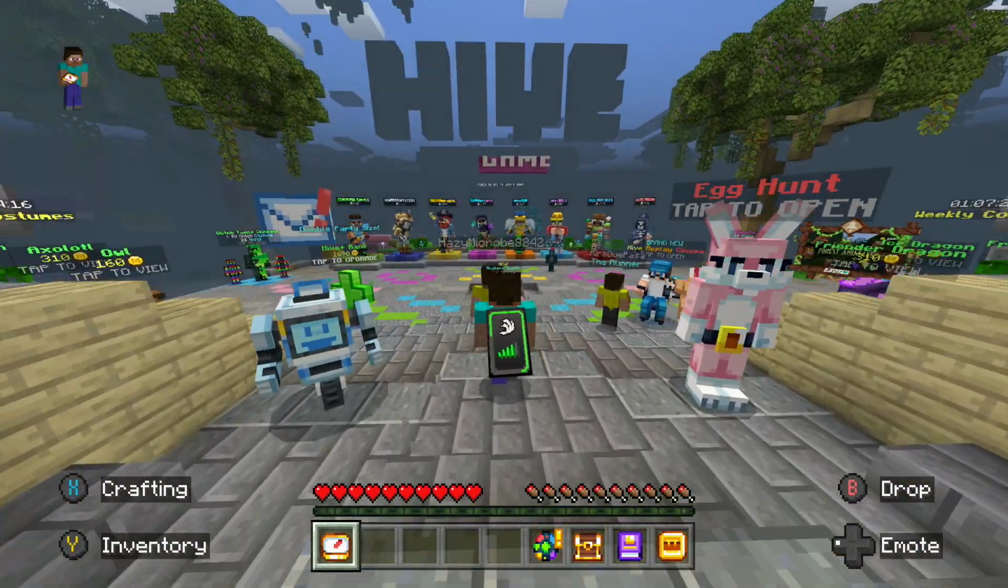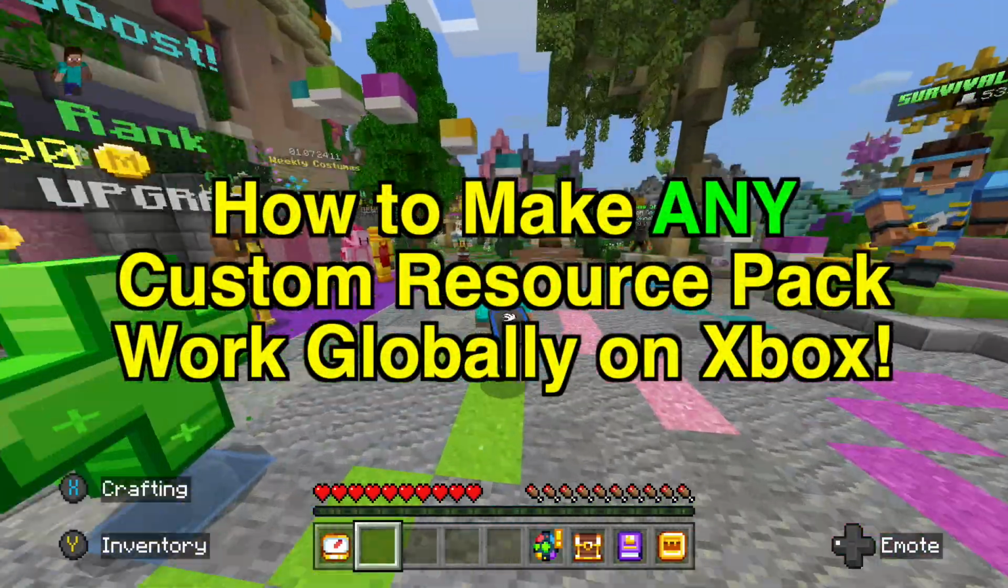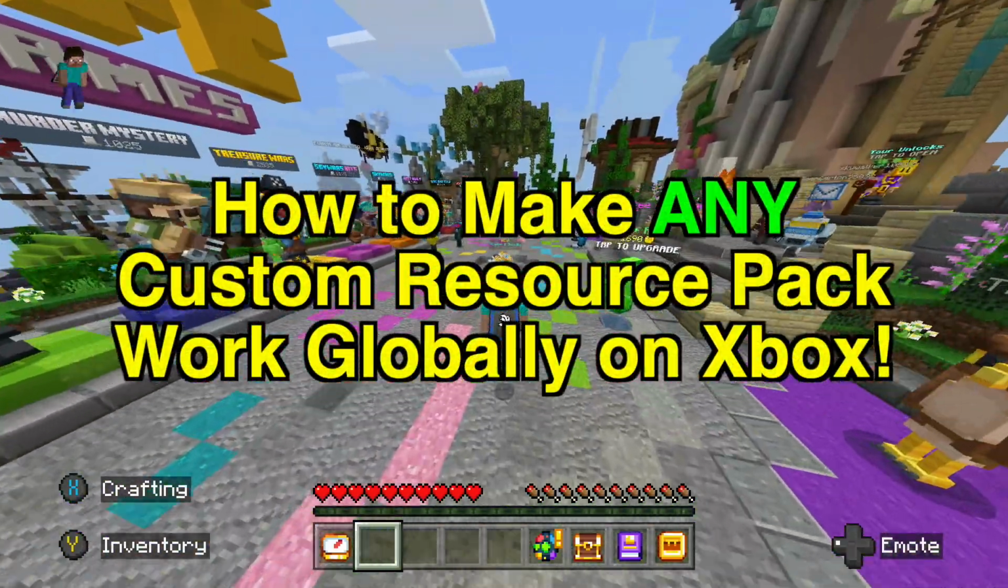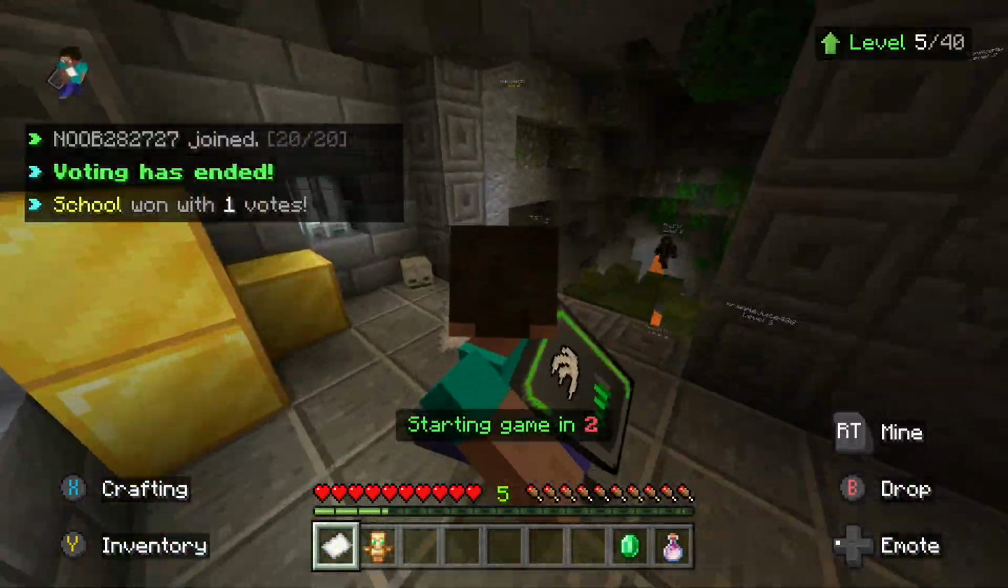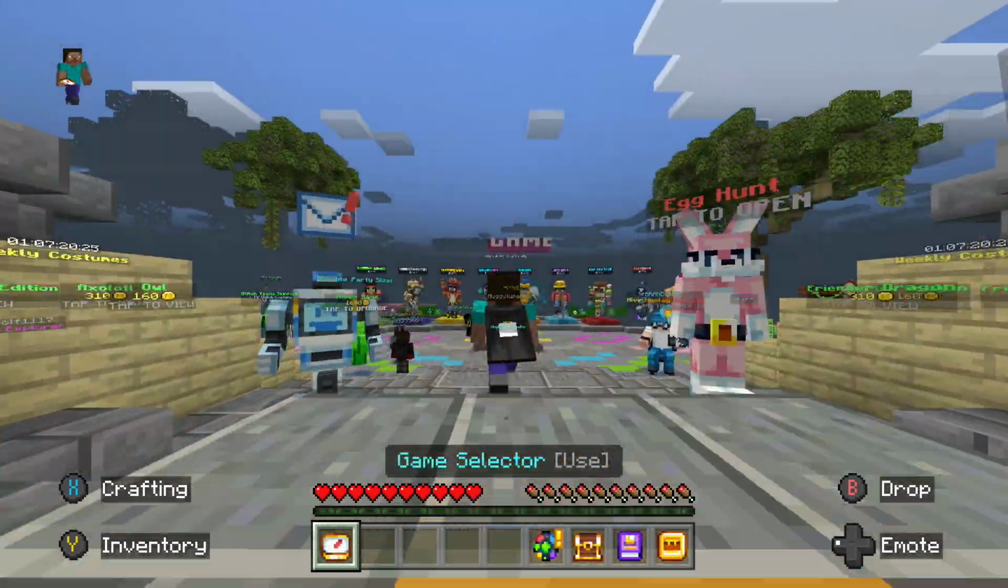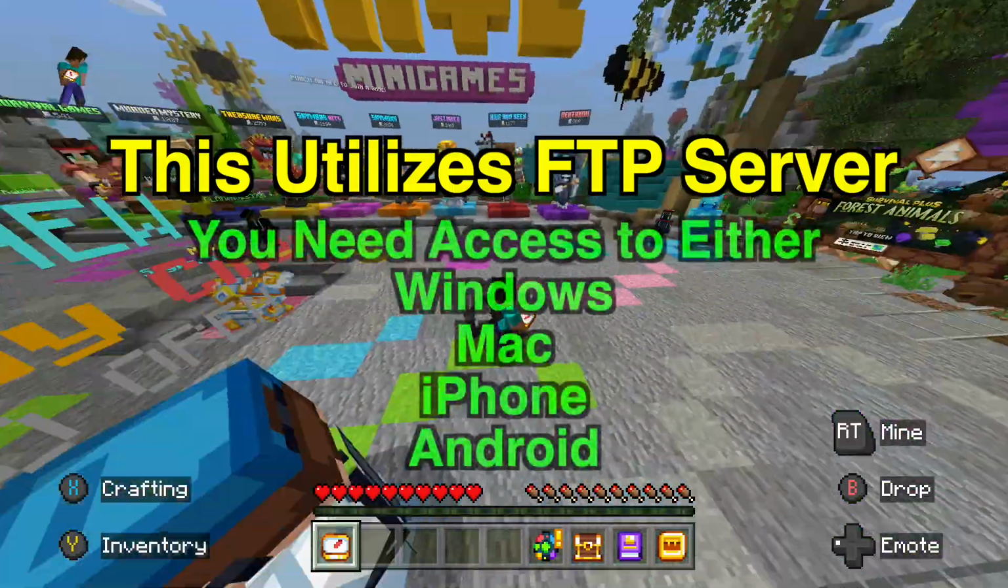It is Smitty back with another video, and in today's video, guys, I'm going to be showing you how to get any global resource pack to work at all. If your resource pack has a subpacks folder, this will make it work, and yes, you can get capes, anything that has a subpack, you can get it working, 2022 working, completely free. This method is going to utilize an FTP server,